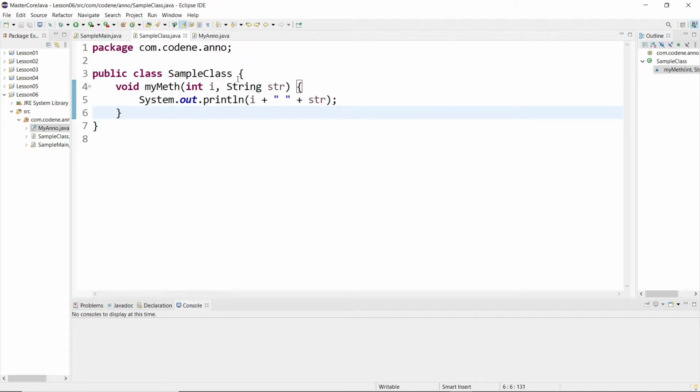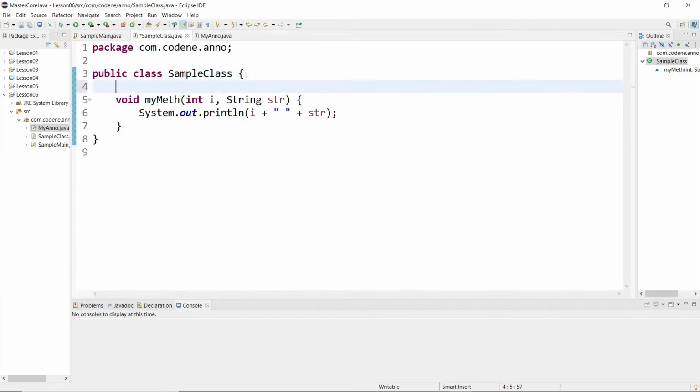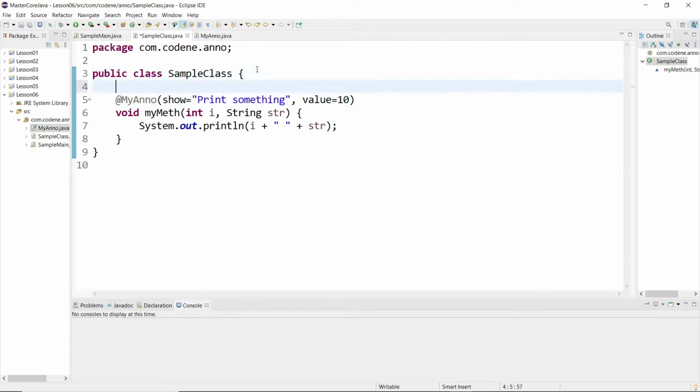Now here I have a sample class, and I want to add my annotation here. I can do it like this: show equals to something like print something, and next value will be 10. Like this you can actually use your annotation.